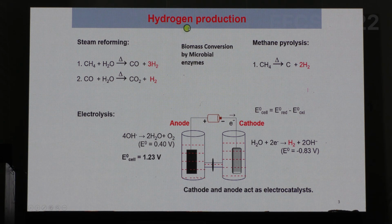And then there is active research going on using microbial enzymes, biomass conversion, and methane pyrolysis. And another one which we can consider as a sustainable route is water splitting, where water is split into very simple components, hydrogen and oxygen. And then in the fuel cell, you combine them to produce electrical energy again, producing water as a byproduct. So that's the sustainable